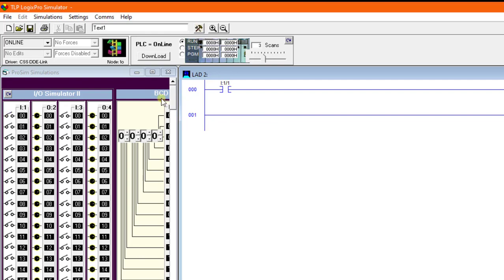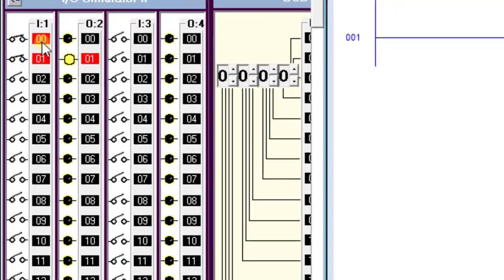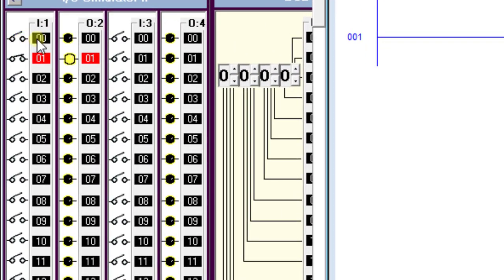Now this is the switch which is examine if open. I've clicked the first switch over here. Okay, sorry. So this means that this switch is the 0 1. Okay, and this is the 0th output, and this is the 0th input.